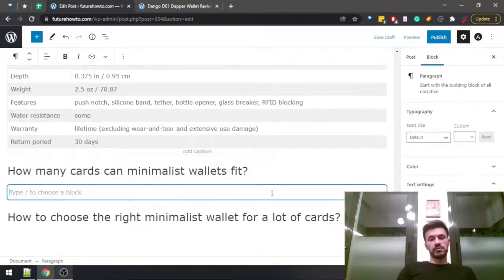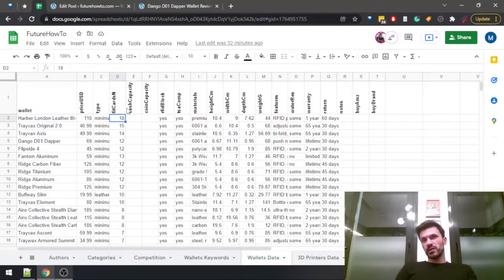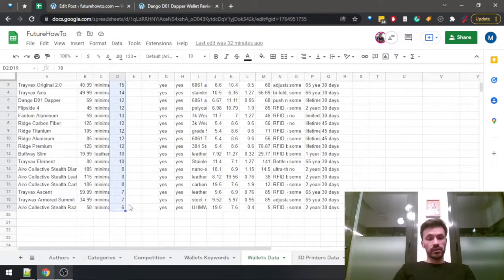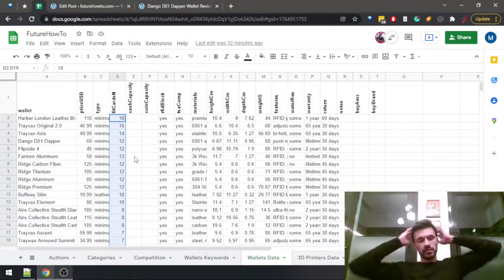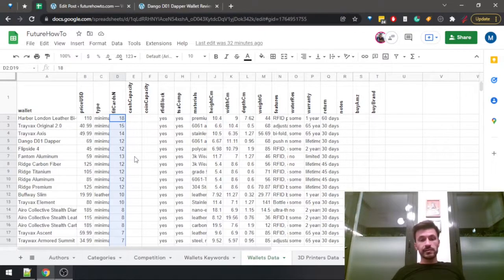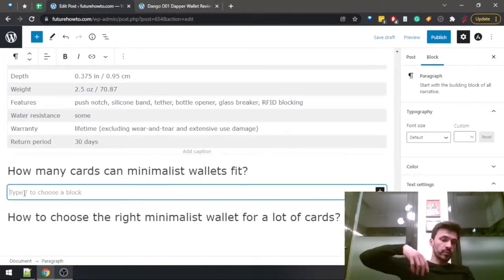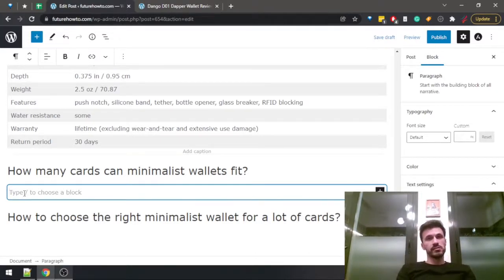Okay, let's answer these questions first. So, how many cards can minimalist wallets fit? I'm gonna base my answer here on this data so far. This is not a complete list, and honestly, there's hundreds of products, so I don't even know when we will have a complete list here. I will base my answer on this, and later when I update the list and I have more data, I will come back to finish this. As I said, this is always a work in progress, but to capture this answer, we can say